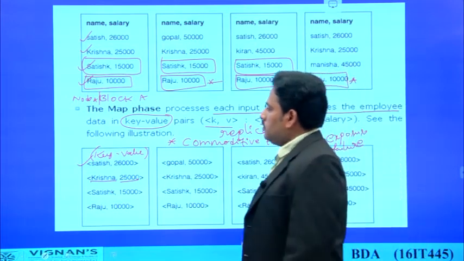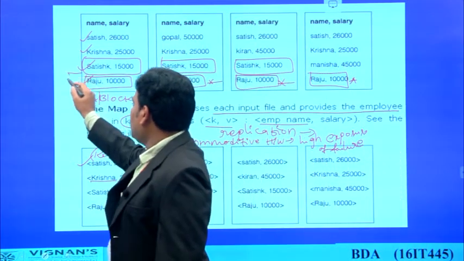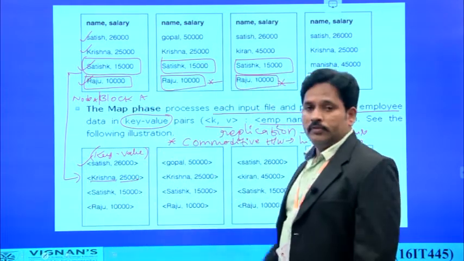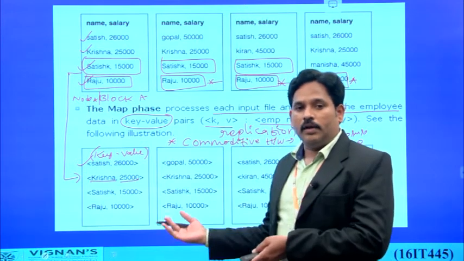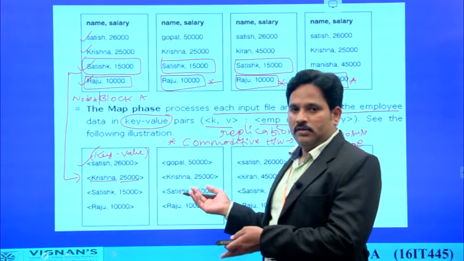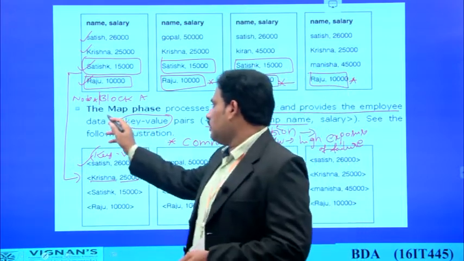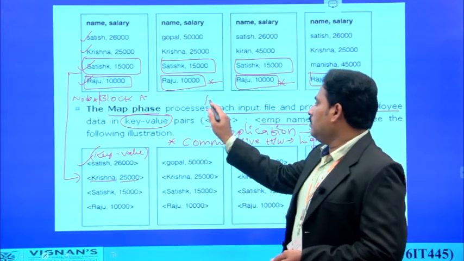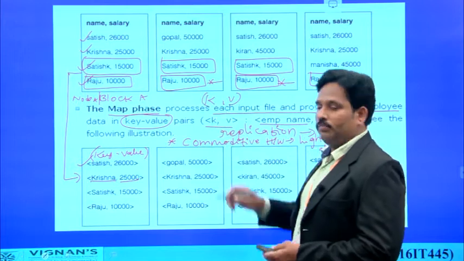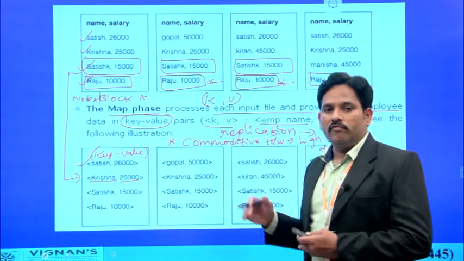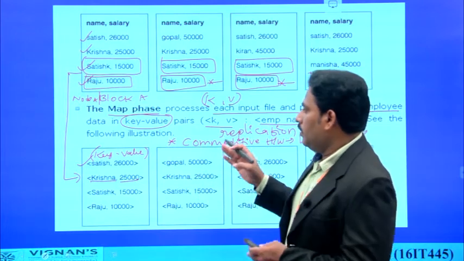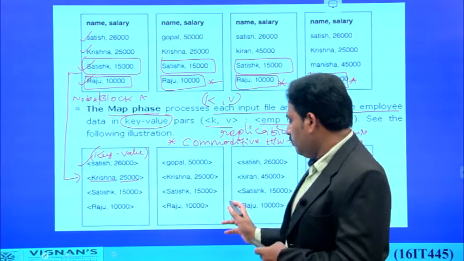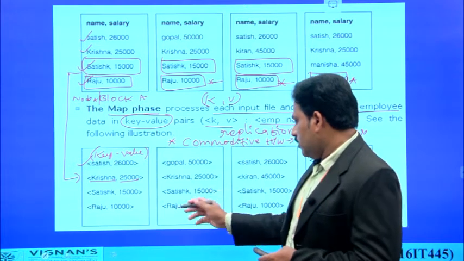So, what happened in this first phase? The given data has been distributed in multiple nodes by applying replication, and when we perform data processing activities on the data, we initially applied the map phase. What does the map phase do? The map phase converts the data into a format called key-value format. In this example, the key indicates the name of an employee, and V indicates the salary of an employee. So, all the values have been converted into key-value format, and all the values have been enclosed between angular brackets.